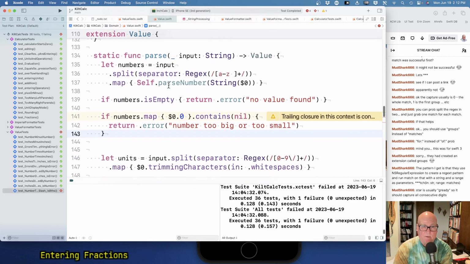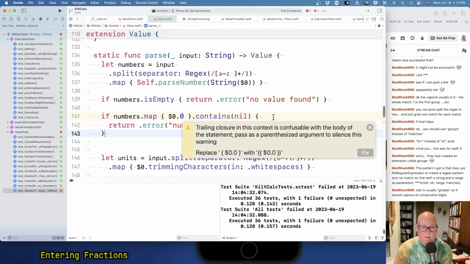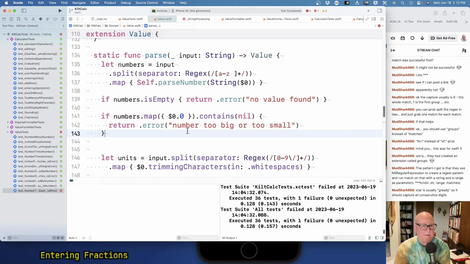So if we run these things through, we get back an empty list, then we know we didn't find a number value. If any of their first components are nil,